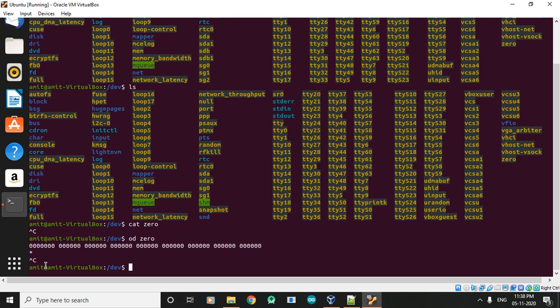So what are the uses of this 0 and this null? Basically, if you want to create some file with a specific size, let's say over 1 MB, you are not going to write all the random characters again and again. Will you write 1 MB of data over here? No, it's a waste of time, right? So in that case